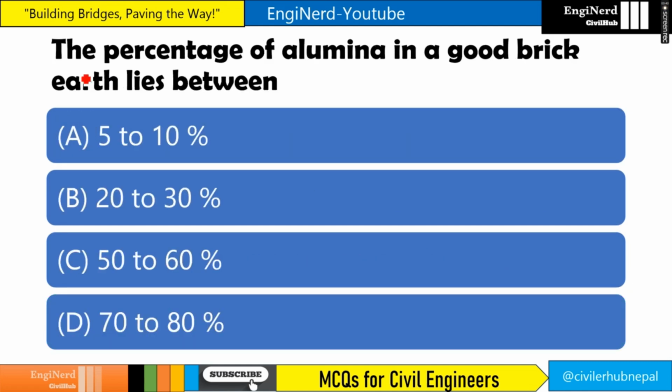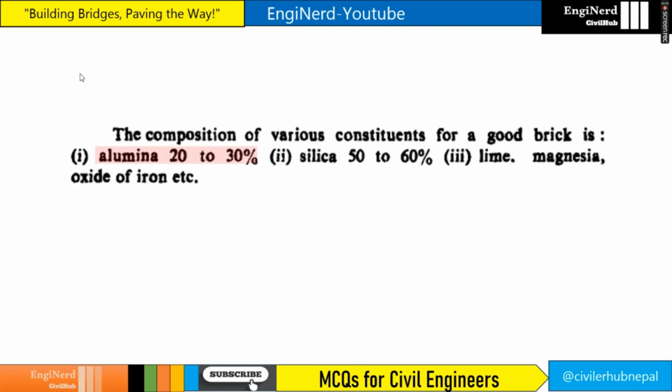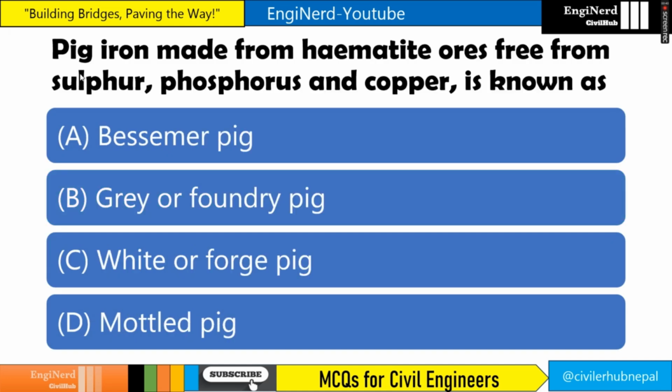D is the answer. The percentage of alumina in a good brick earth lies between 20 to 30%, right? We see here 20 to 30%, and silica is 50 to 60%, and the main constituent of brick earth is alumina, right? Pig iron made from hematite ores free from sulfur, phosphorus and copper is known as, this is